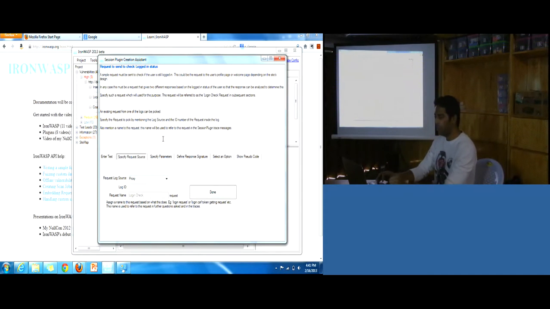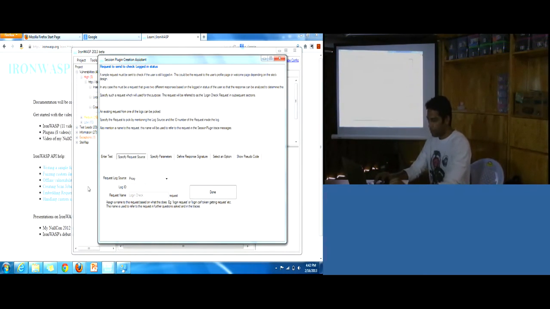Now it is asking me which request to send to check if the user is logged in or not. Before I can do a login, I have to know if the user is logged in or logged out. The best option would be to send a request to the profile page. If the user is logged in, I'll get the profile information. If logged out, I'll be redirected to the login page.